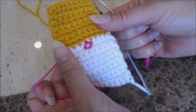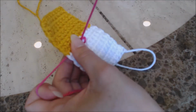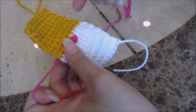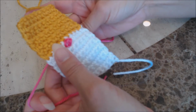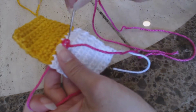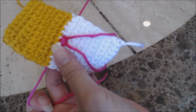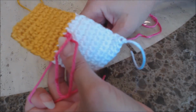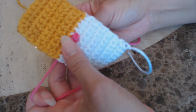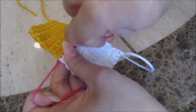And then I have a small cute diamond nose. I'm just going to take my tapestry needle and go up through the top and then back down to the bottom. Now you just want to completely cover that nose. And one more across should cover this small nose. I'm just going to take one more down. And then once you have the nose covered the way you like,